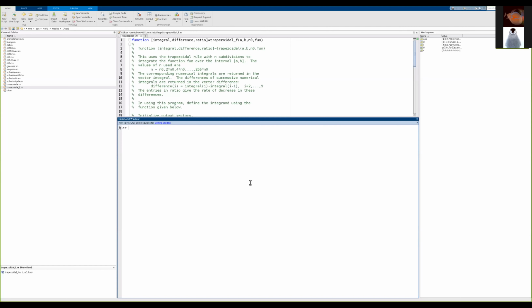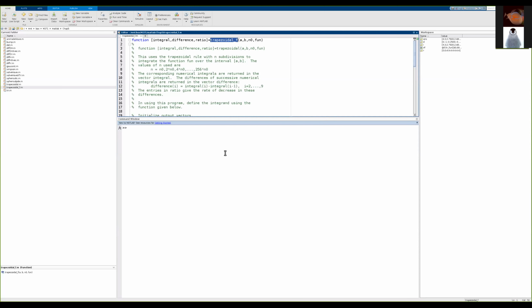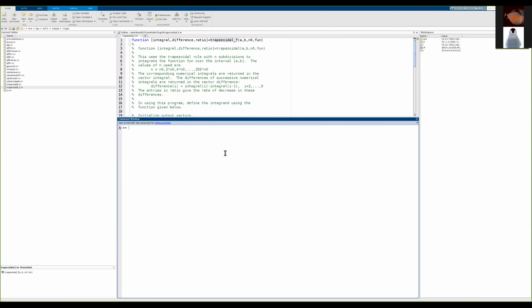Okay, so here's my MATLAB. I've got the trapezoidal function here, and what I'll do is, let's see. Oh yeah. First of all, let me just enter format long so I can see the numbers in